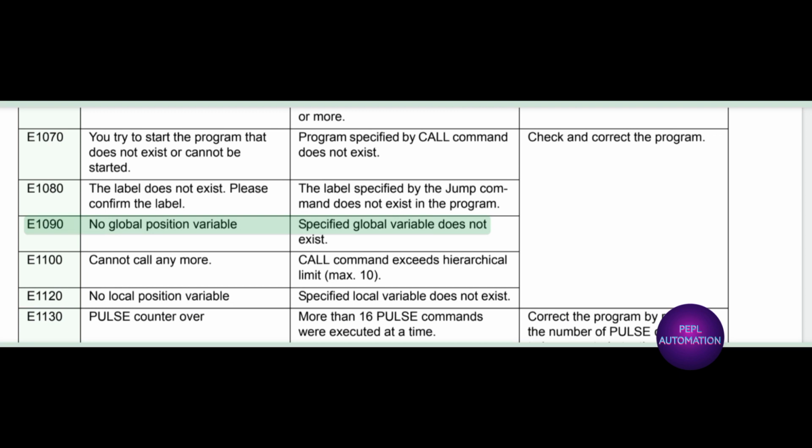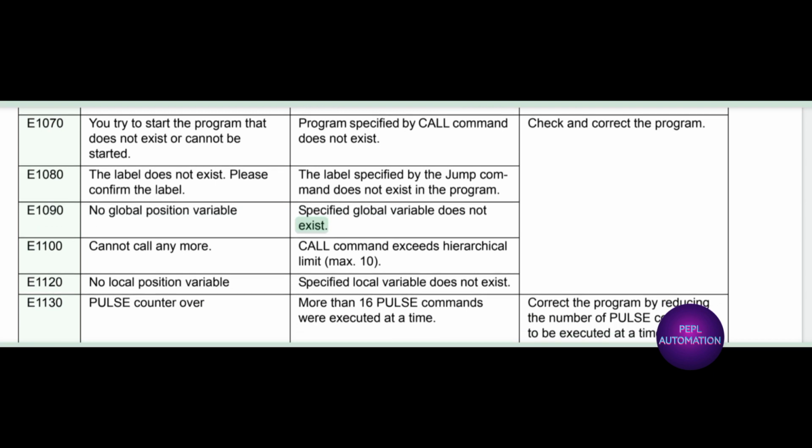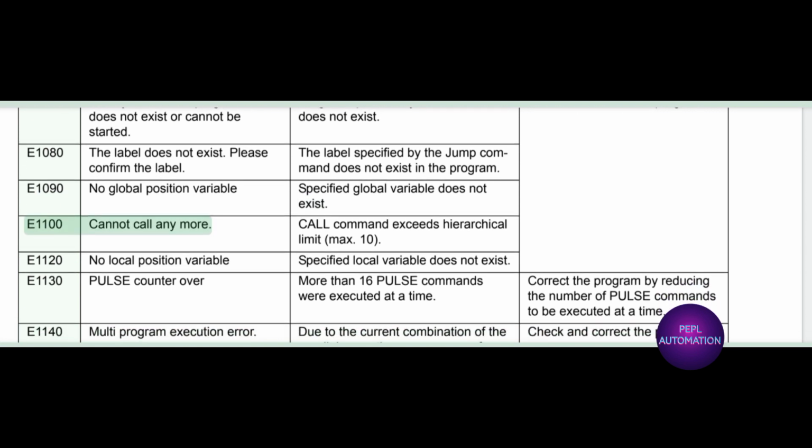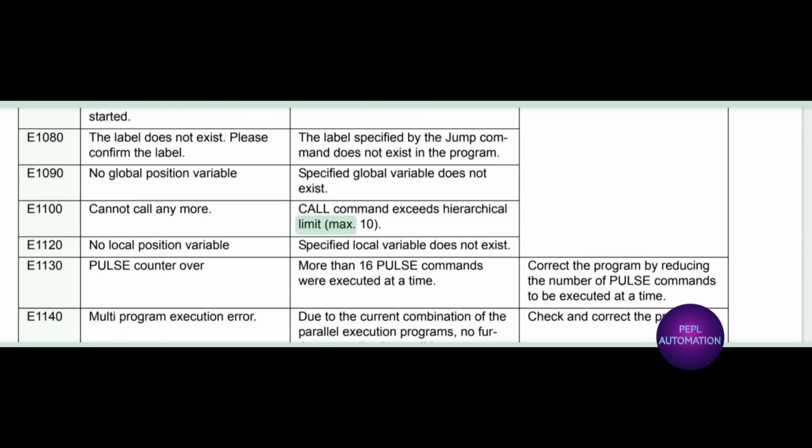E1090 no global position variable specified. Global variable does not exist. E1100 cannot call anymore. Call command exceeds hierarchical limit, max 10. E1120